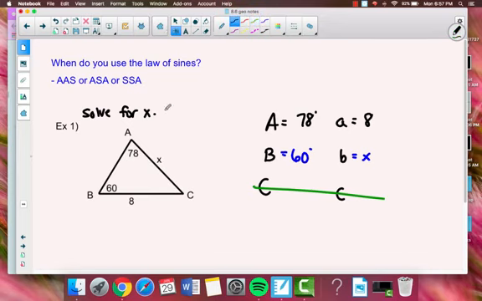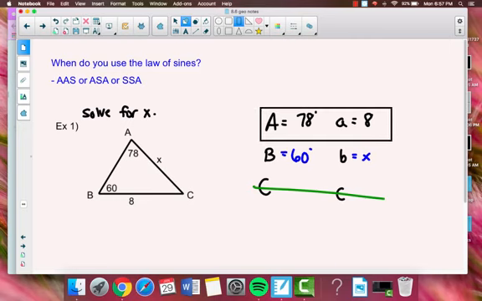So the trick to being able to tell if law of sines is going to work is to look at your table and see if you have a full row of information. If we look here, I have a full row of all the A's, which means I am good to use the law of sines. And you'll see later in our other examples where you may not have a full row, and so you might run into some trouble. Because I know I can use law of sines since I have a full row,